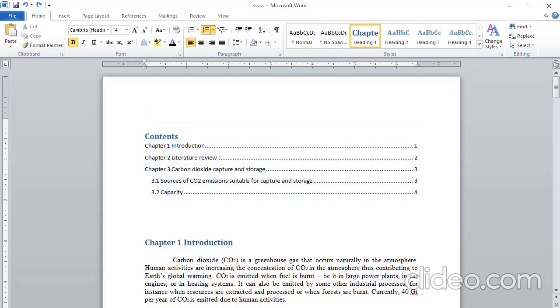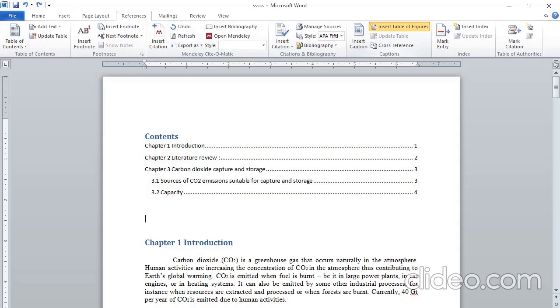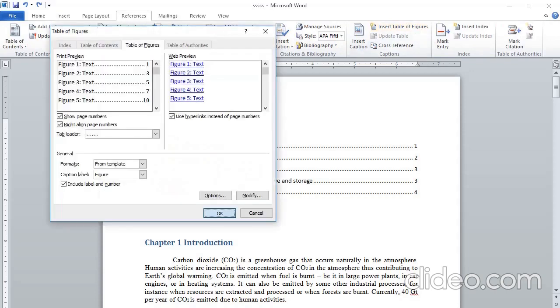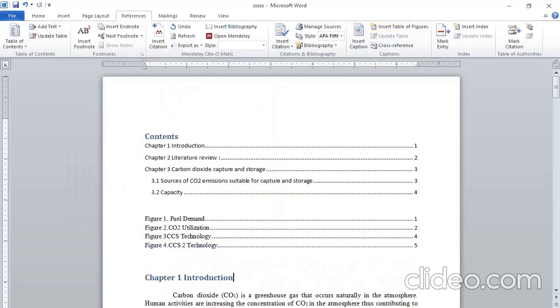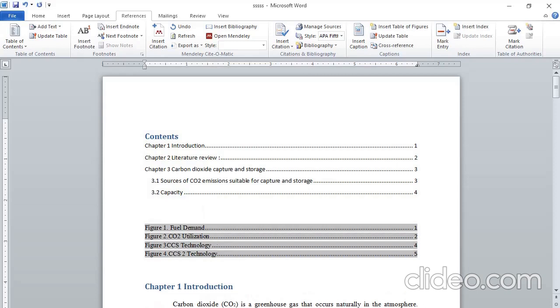Just go to references, and there you can find insert table of figures. When I say OK, it is going to show me the list of figures. So this is how you need to make a list of figures.